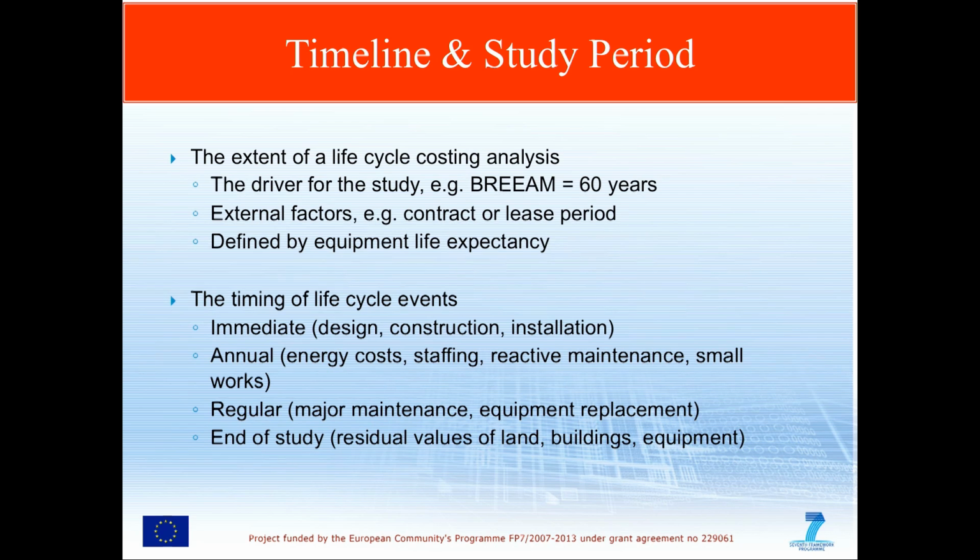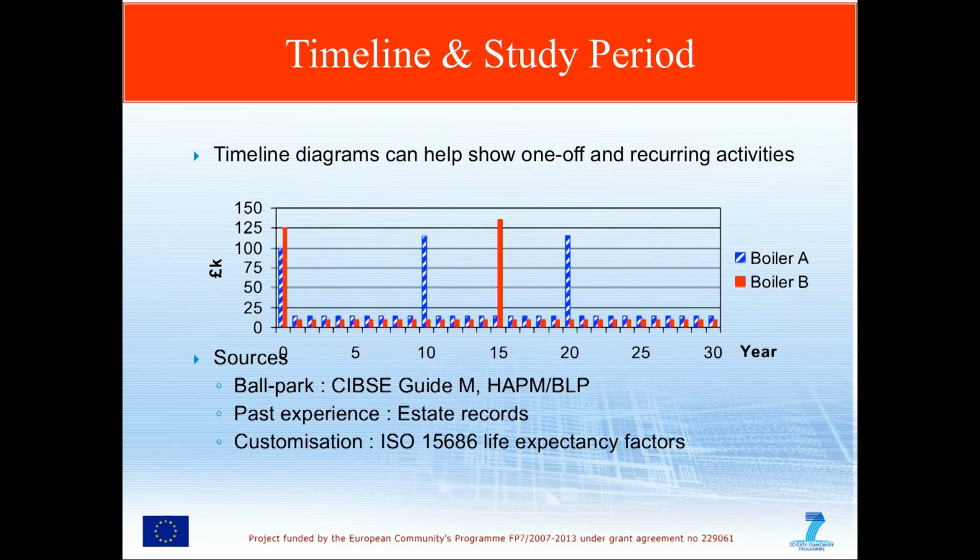It's often very easy to try and lay this out in a very simple histogram. Here we have an illustration of two different heating systems using two different types of boiler with red bars and blue bars. I've composed this particular example over, if you can see that, a 30-year period. So we're starting at the beginning with year 0, going all the way out to year 30.